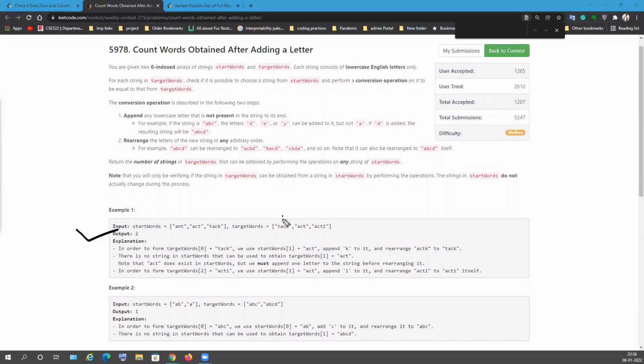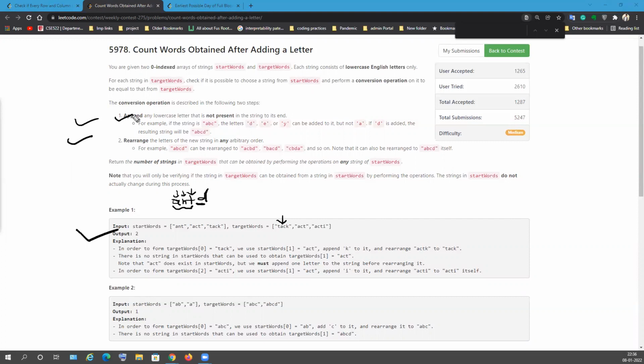So if this is the target word, what we want is, there are 2 conversions. If we pick any word from the start words, for example, ant, we will append something in the last. The character which we are appending should not be already there. For example, we cannot append A, we cannot append N, we cannot append T. We can append D, right?